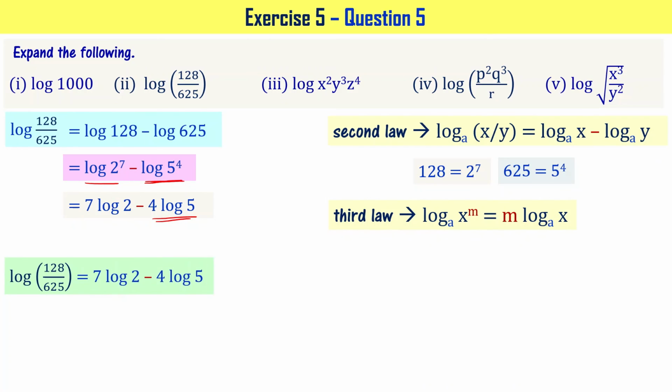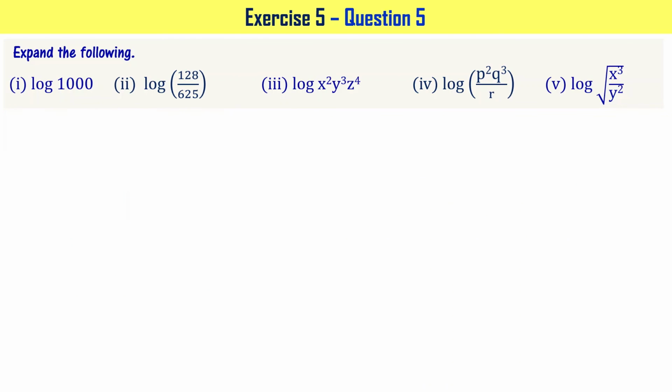right? So to answer the question, log of 128 divided by 625 equals 7 log 2 minus 4 log 5. I can apply any of the bases. Let me apply 10. When I do that, it becomes log of 128 divided by 625 to the base 10 equals 7 times log of 2 to the base 10 minus 4 times log of 5 to the base 10. Got it? Now let's look at the third part, that is log of x square times y cube times